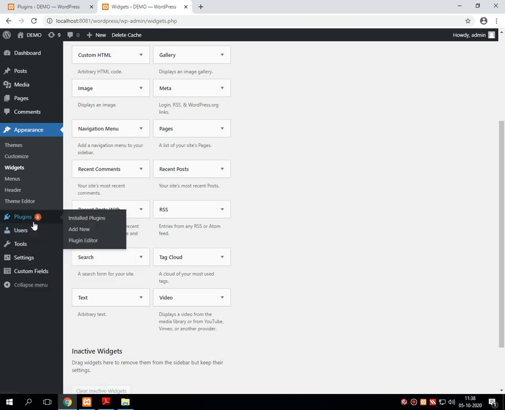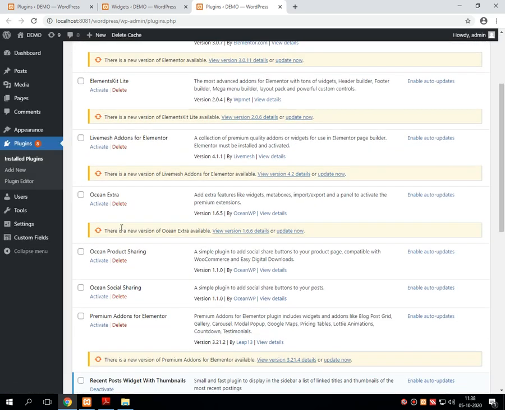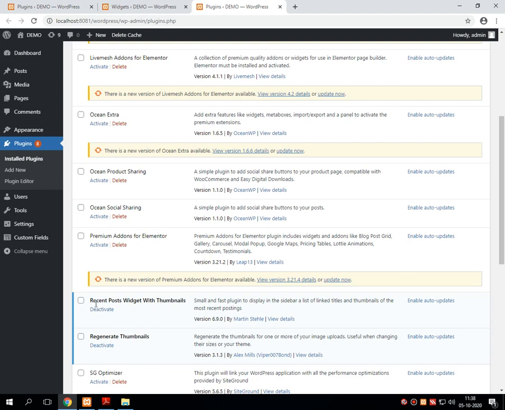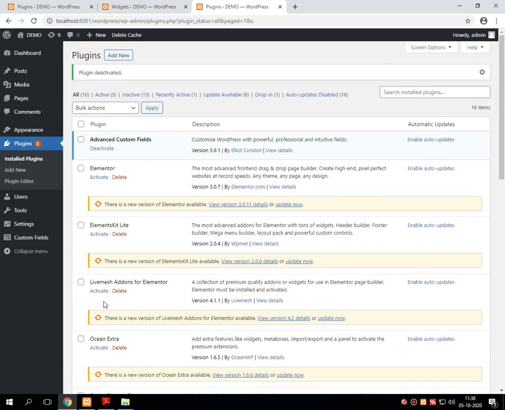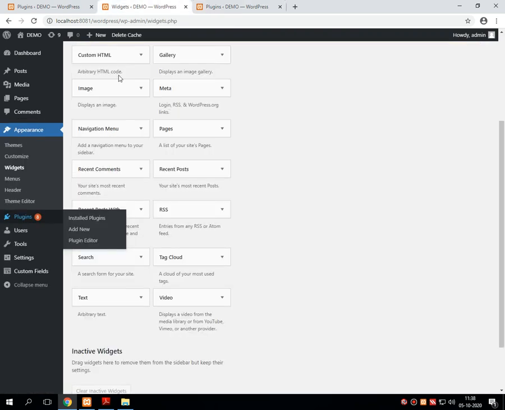Let me do one thing over here. I'm just deactivating that plugin which I have installed called recent posts. So let me select this recent post and I am deactivating it. This recent post widgets with a thumbnail is deactivated. Let me refresh this particular appearance and widget page.